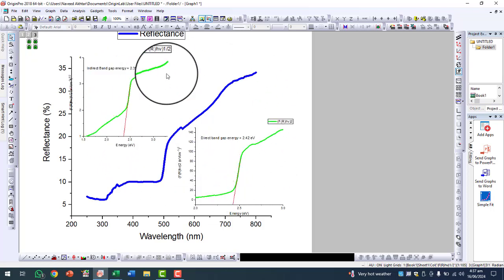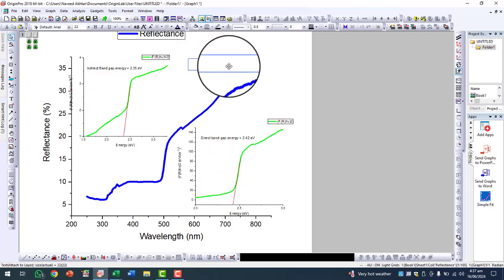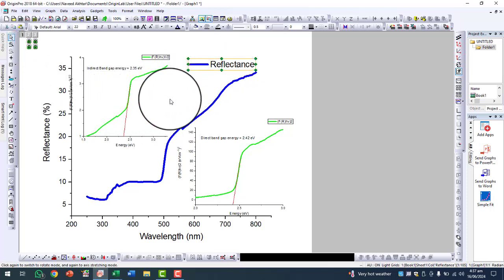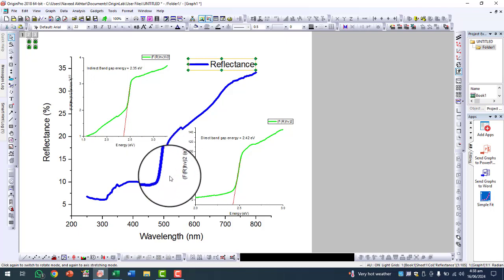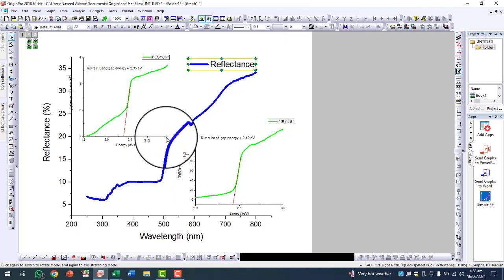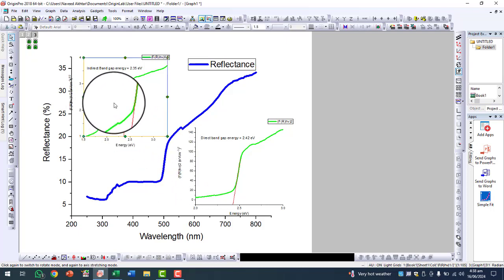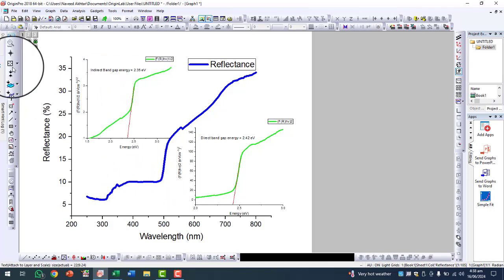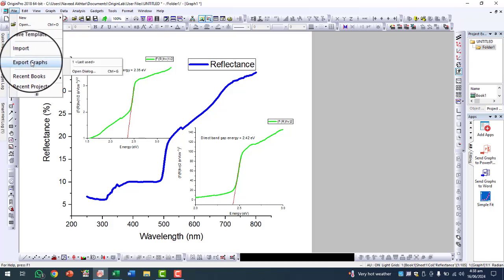Now you will have to simply export this graph, then you can save it on your PC or hard drive for further use, or for putting it in your research article or thesis or any other type of writing. So you can simply export it from here.